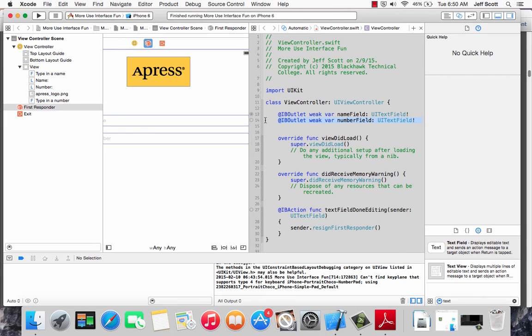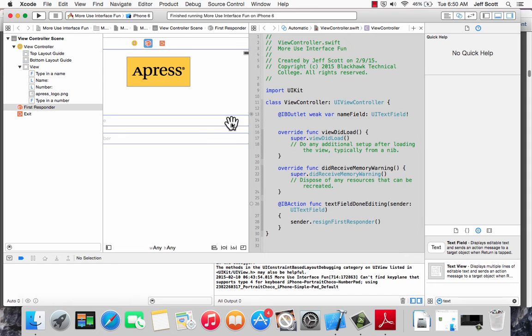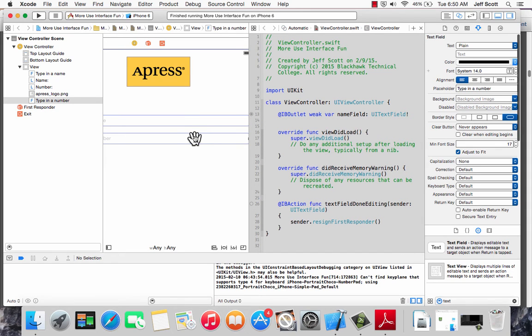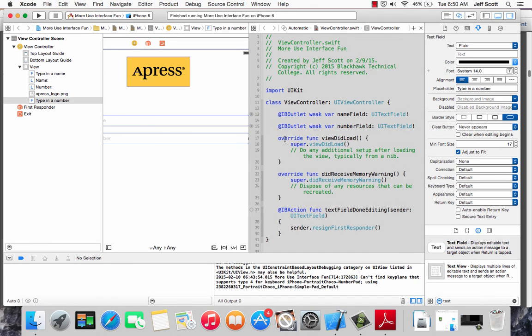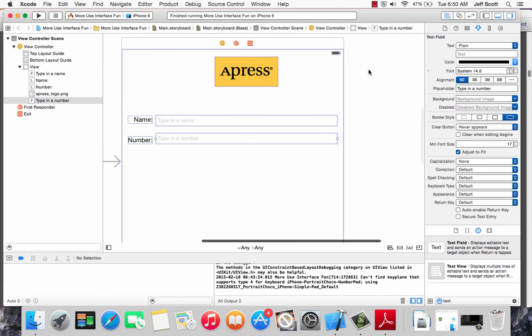Come back over to here, Control, drag, go, and we're going to call that number field. If I get a message that it already exists rather, then there's going to be a problem. Okay, that looks okay as of right now. Alright, now at least it looks like it's okay, as far as I can tell. So I'm going to do a file, save, and now I'm going to try to come in and